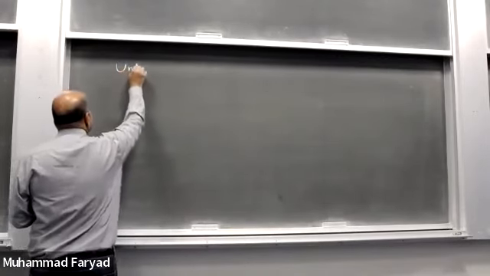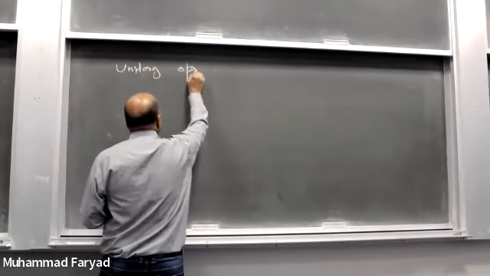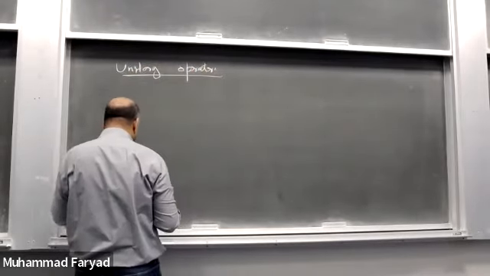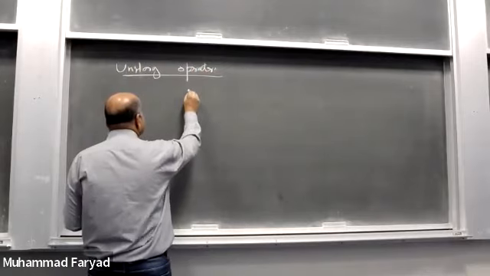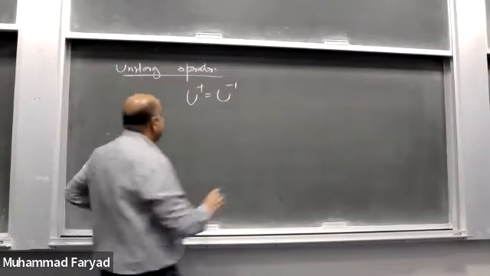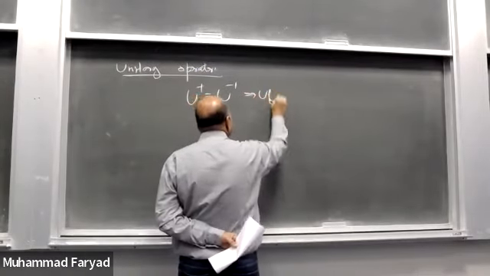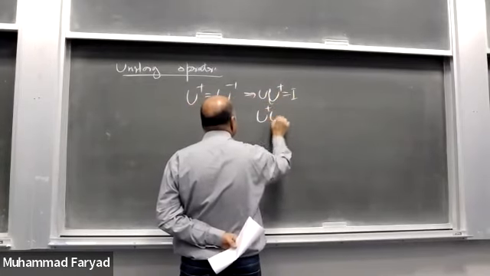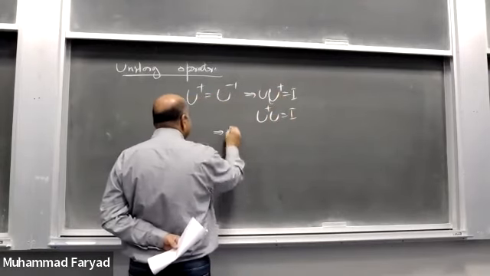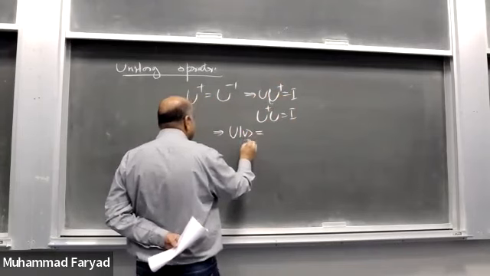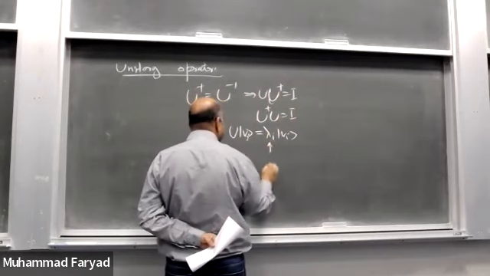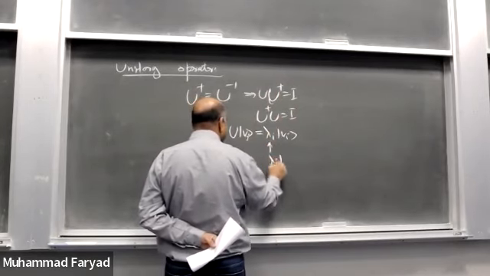So this is the unitary operator. A unitary operator is a special operator whose Hermitian conjugate is actually the inverse of the operator, which means that U dagger U is identity, and this has the nice property that its eigenvalues are all such that their magnitude is 1.